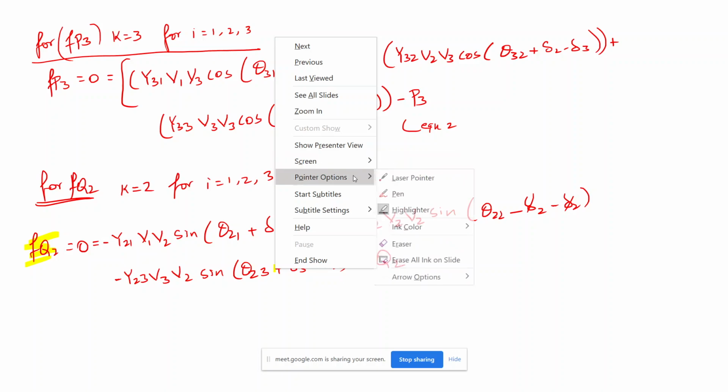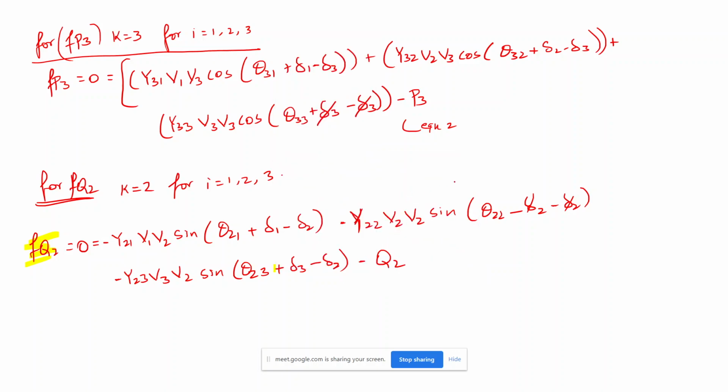Up to this, any doubt? Please ask me, I will explain. Up to this, any doubt? We just arrived at the 3 corresponding equations. Why have we taken only these 3 equations? Because these 3 are the unknowns for the given system. Because these three are unknown, we formed the equations from the power flow equation. Any doubt up to this?